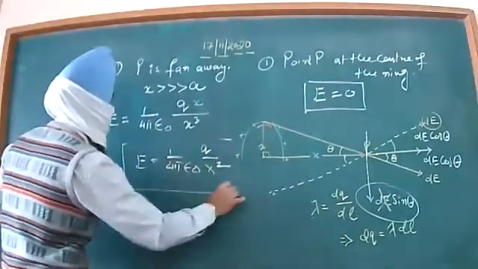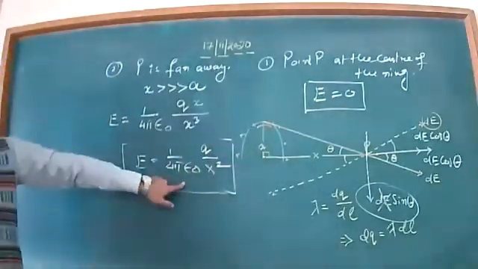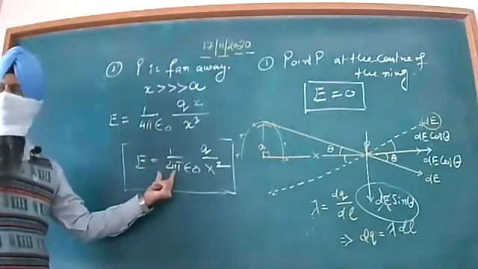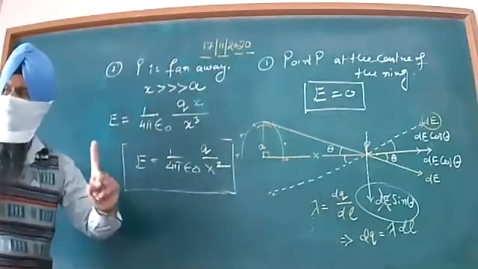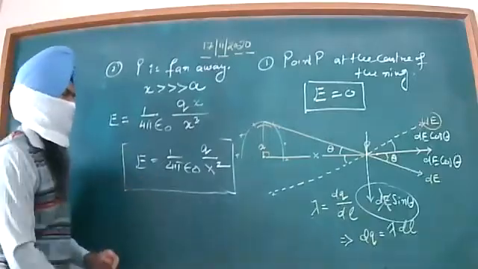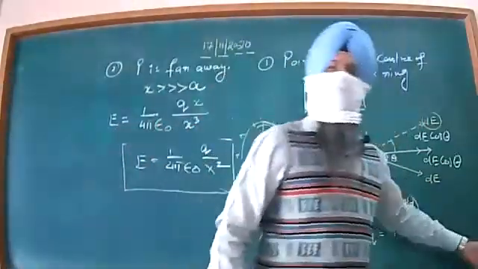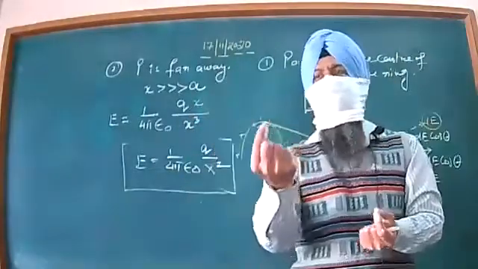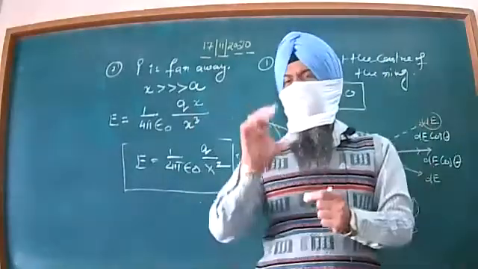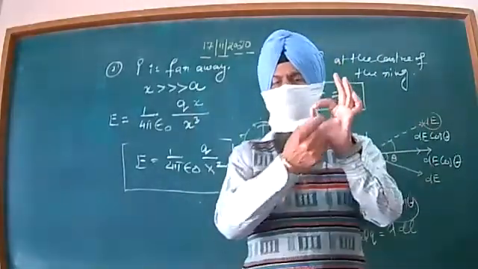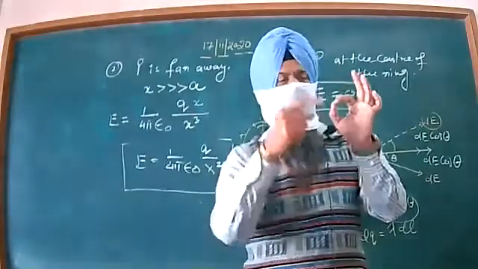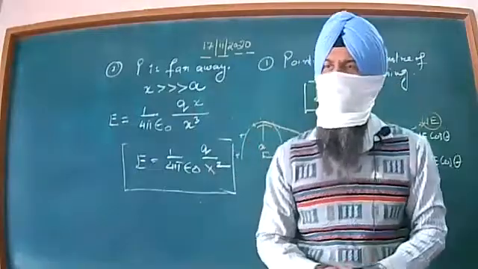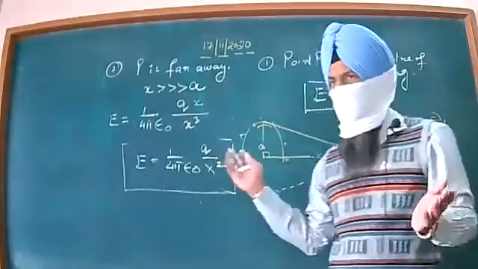Beta, if you focus upon this expression, this formula, it appears to be identical to the formula when we talk about the electric field at any point due to a single point charge. So this will mean that, beta, when we take the observation point at a far, far distance, the whole ring will behave like a point charge. Imagine we are having the ring of this size and observation point is at a very large distance. Then this whole ring will behave like a single point charge for that distant observation point. So I hope it is clear, beta.